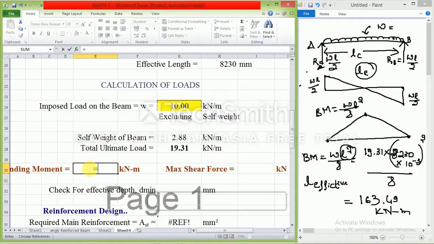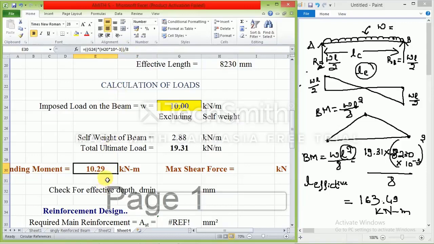Here I press the equal sign, opening two brackets. Okay, W into, let me close the bracket, not an issue. Make use of sufficient brackets. W into effective length, see here, effective length, W into L. I need to make it into mm, so 10 into 10 power minus 3. I am closing the bracket. Again I am closing the bracket, divided by 8. Sorry, I forgot to put L square.